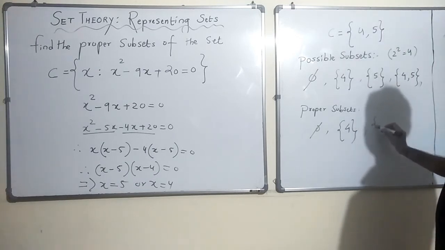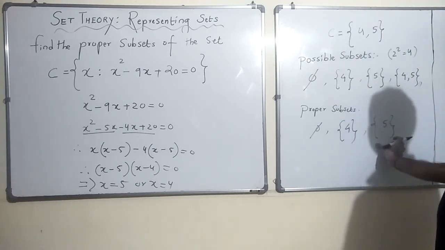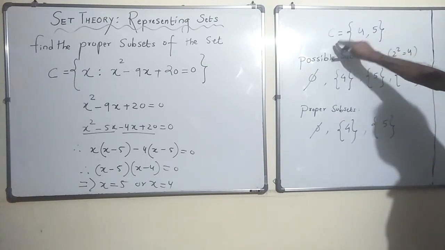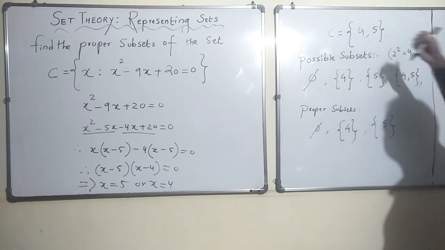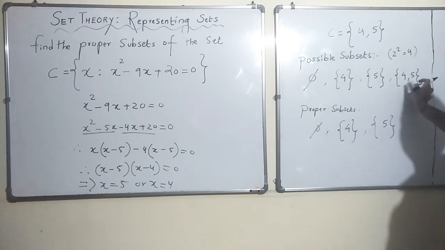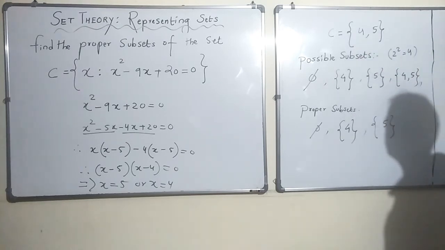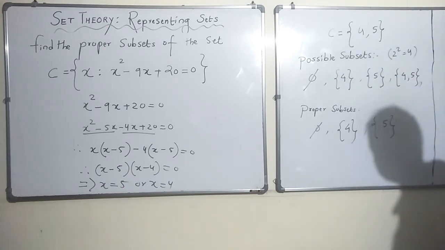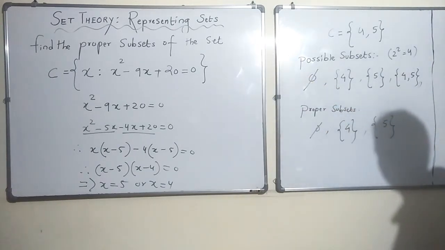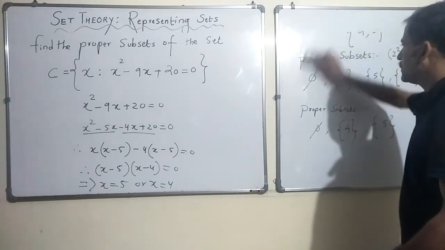So 4 is a proper subset, 5 is also, this one is also a proper subset because element 5 is there in this. Also C has some more elements, in this case one more element, so this is also a proper subset. This is not, because 4 is there, 5 is there, and they both have the same number of elements or members. C has nothing more than this. So definitely this is not a proper subset of the set C. Alright, so these are the proper subsets and that is what we found out. Okay, let's move on to the next one.